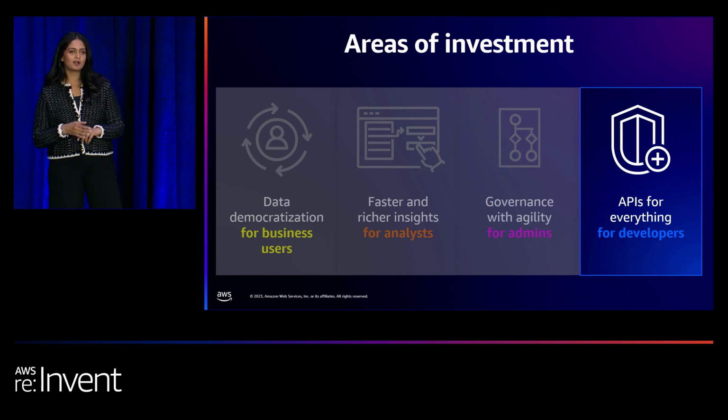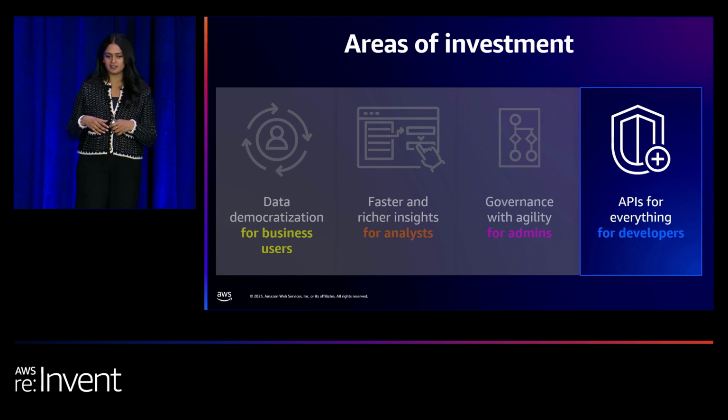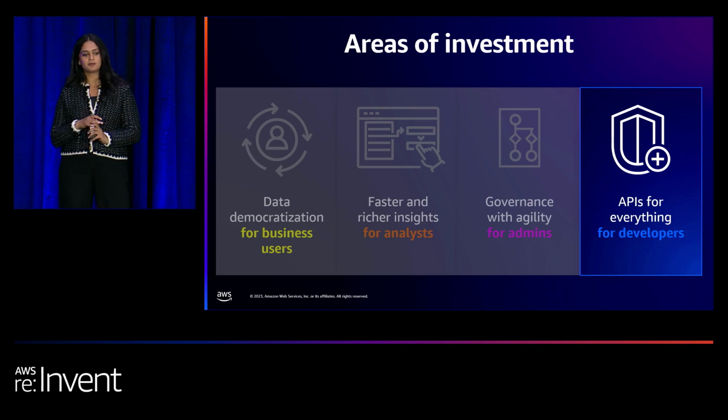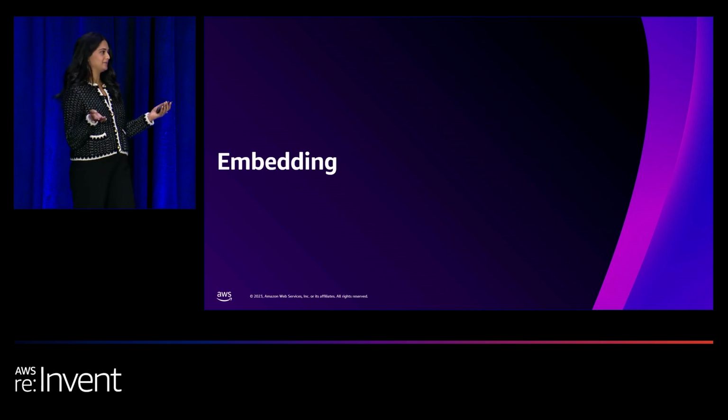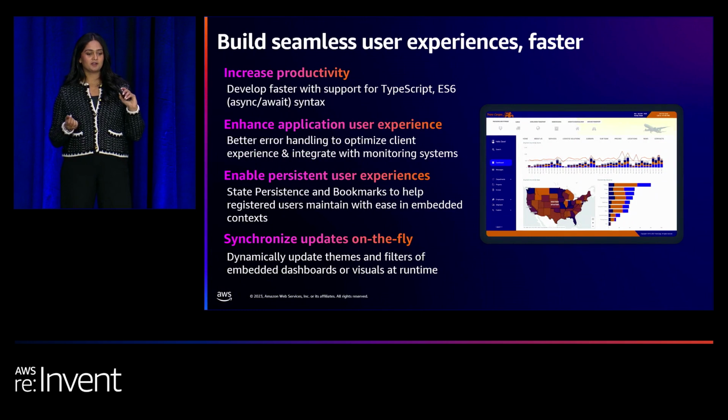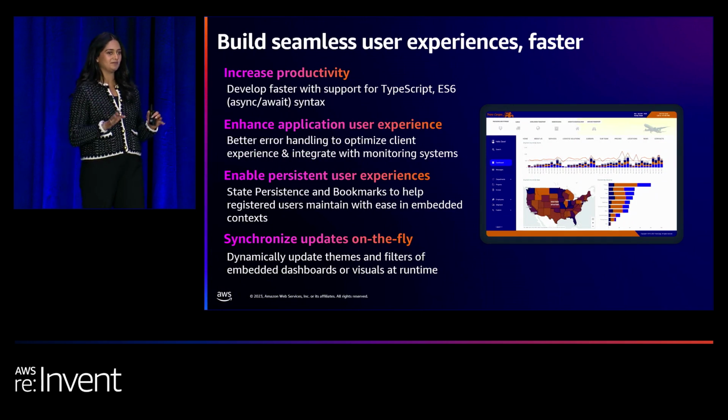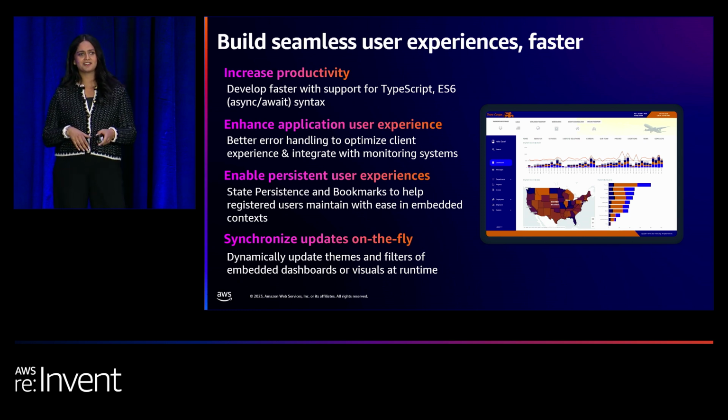All right, now we're on our last, but definitely not our least pillar. And so this is being able to provide APIs for everything for our developers. And so whenever we think about APIs, of course, we are thinking about the embedding experience and our embedding use cases that we have. And so with that, we've done so much. This is probably the greatest area where we've done so much development, to the point where we actually added a name called 2.0, because so much changes with our JavaScript library